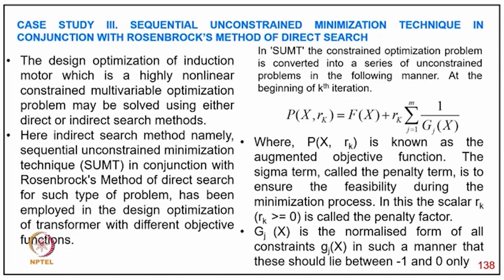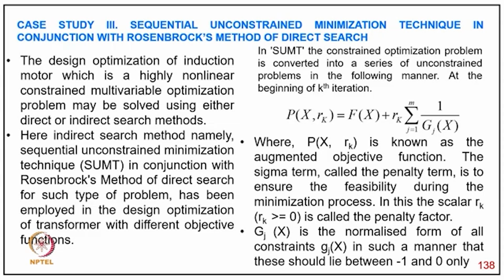So in SUMT, the constrained optimization is converted into a series of unconstrained problems, typically with a penalty term. We have P_k equal to the augmented objective function, the original objective function plus the constraint boundary term, R_k times the sum over j equal to 1 to m of 1 upon g_j, where P_k is known as the augmented objective function. The sigma term, called the penalty term, is to ensure feasibility during the minimization process. The scalar R_k is called the penalty parameter or factor, and g_j is the normalized form of all the constraints, in such a manner that they lie within